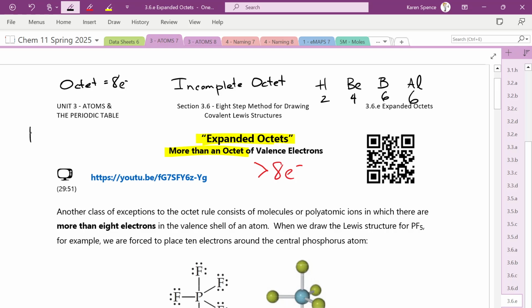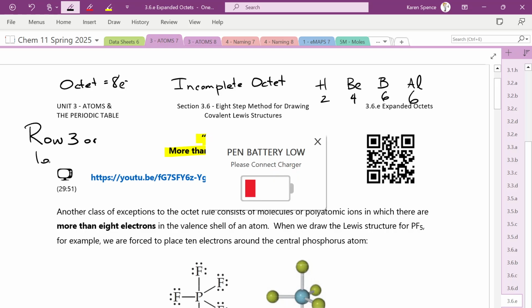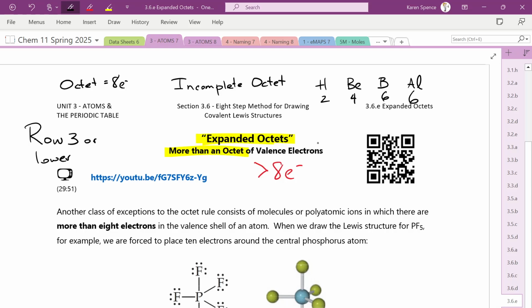Okay? So if we go look at our periodic table,